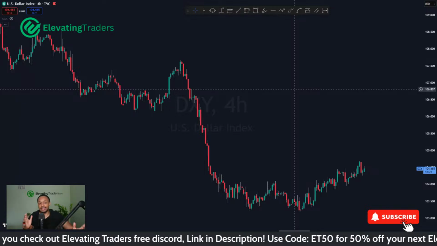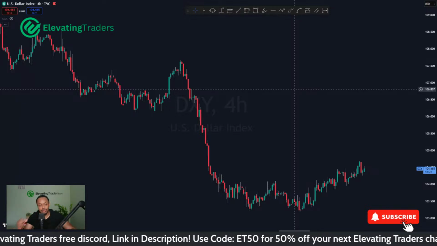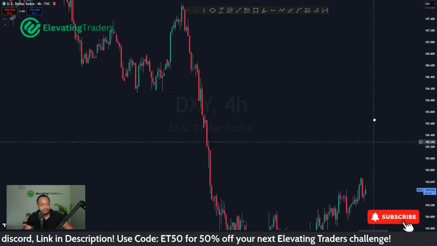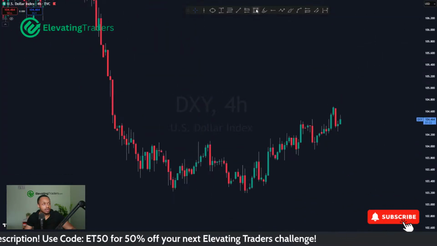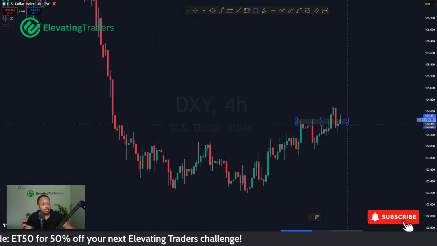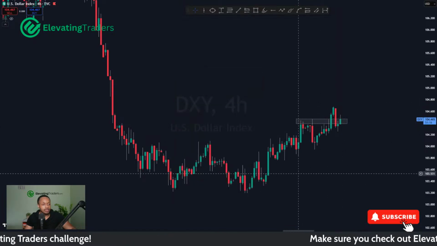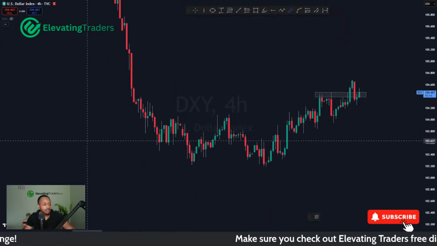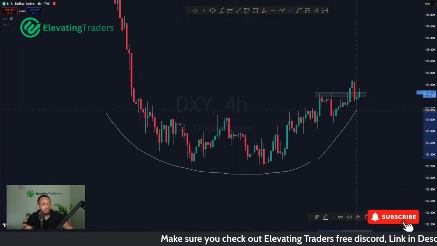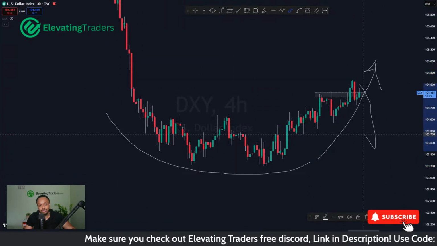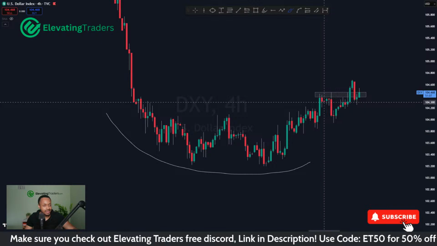So it looks like DXY has been bullish. I was favoring a bit of a move to the downside yesterday, but we didn't really see that. Price went and broke resistance. We had a pretty strong candle towards the end of the day, breaking to the upside there. And looks like this kind of bottom has well and truly formed, and price is seeing some upside. So I'm no longer expecting a big sell here for the dollar.